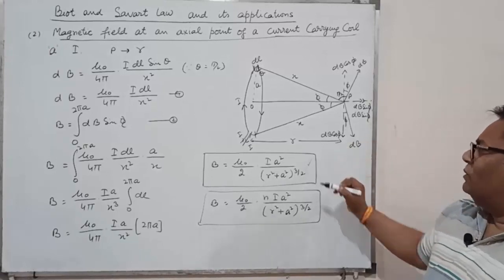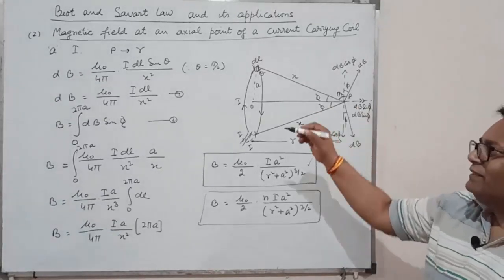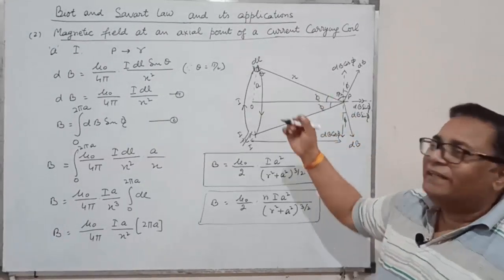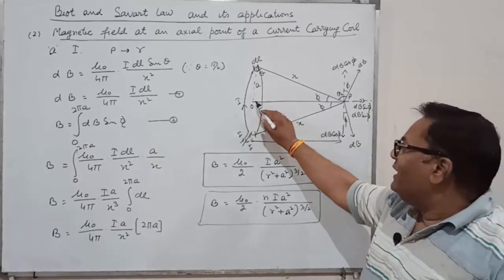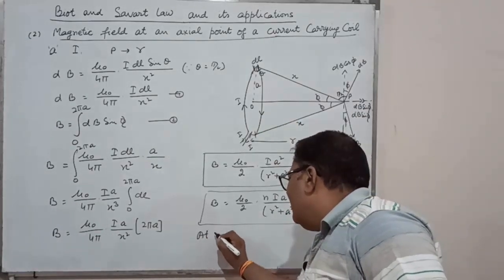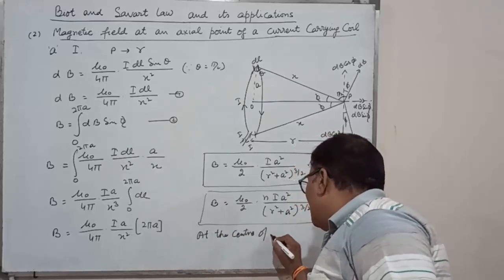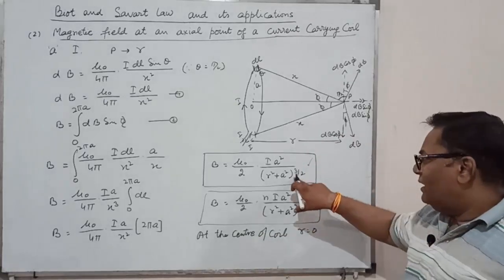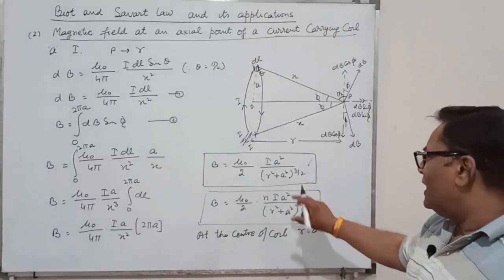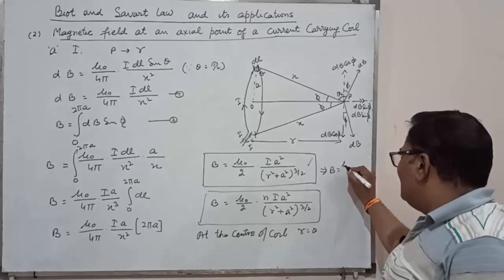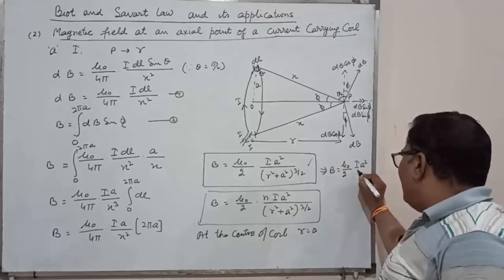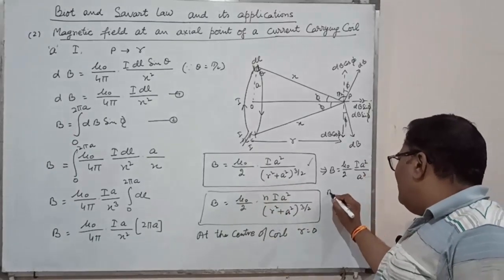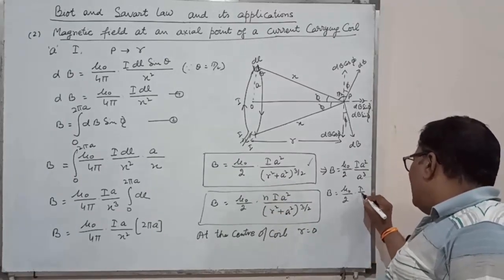by using this expression we can calculate the magnetic field intensity at the center of the coil. कई बार बोर्ड एग्जाम में क्वेश्चन होता है कि इस एक्सप्रेशन को यूज करके कॉइल के सेंटर के लिए मैग्नेटिक फील्ड इंटेंसिटी कैलकुलेट करो. तो क्या करना है, कॉइल के सेंटर पे क्या होगा, at the center of the coil, r इक्वल टू 0. देन इस एक्सप्रेशन में r इक्वल टू 0 सब्स्टिट्यूट कर दीजिए. जब 0 डालेंगे तो एक्सप्रेशन किसमें चेंज हो जाएगा, B इक्वल टू mu 0 upon 2 I a square upon, this r is 0, then this value a cube, और B इक्वल टू mu 0 upon 2 I upon a.